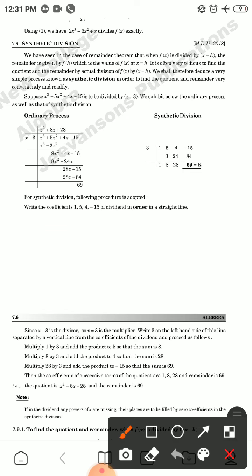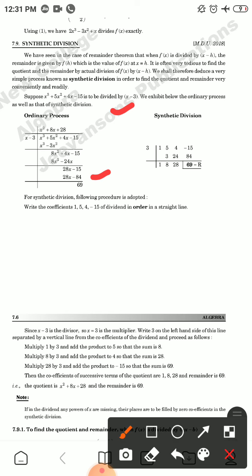Suppose x^3 + 5x^2 + 4x - 15 is to be divided by x - 3. We exhibit below the ordinary process as well as that of synthetic division. The ordinary process gives the quotient x^2 + 8x + 28 on dividing by x - 3, and the remainder is 69. For synthetic division, write down the coefficients and the divisor 3, writing 1, 5, 4, -15